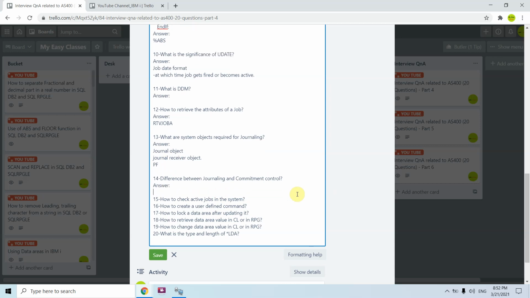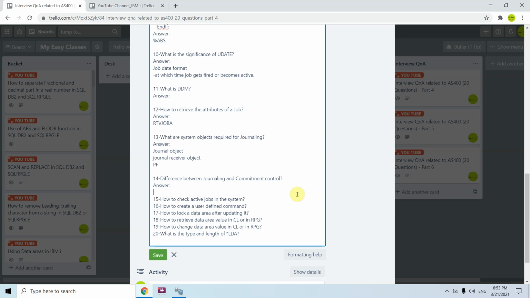Journaling is basically making a PF journaled, which means we are recording the changes happening to the database file at any time, either through insert, update or delete, any operation.